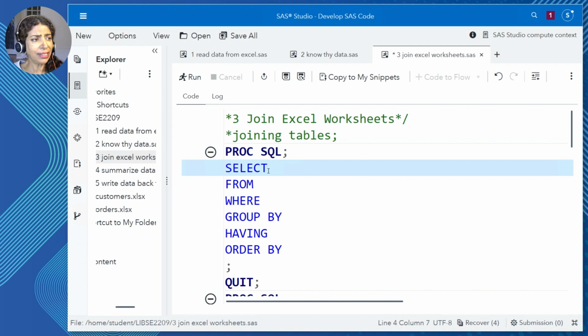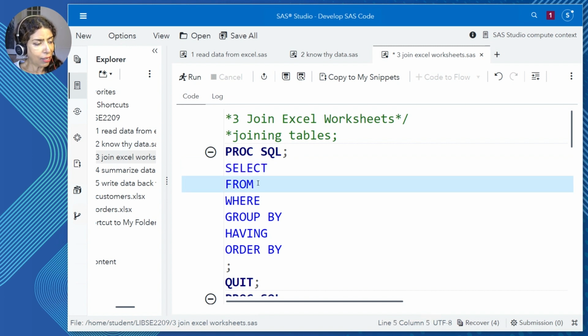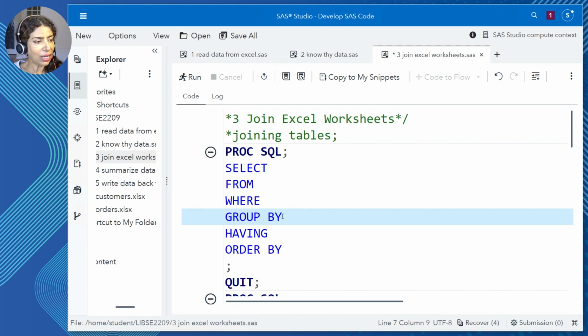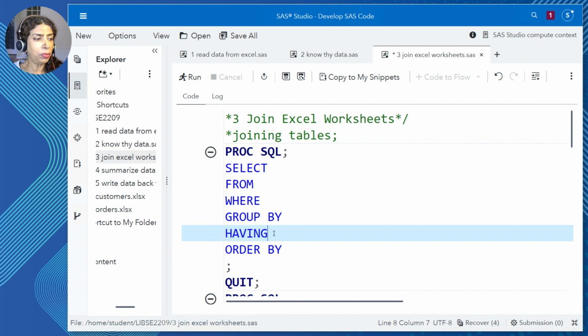The SELECT says, give me or list for me all the columns you wish in the final report. The FROM is asking for the tables where you want to pull the data from. The WHERE acts as a filter. The GROUP BY does grouping. And if you notice, the syntax is so close to the English language, this is certainly true of SQL. The HAVING cuts through the grouped data.